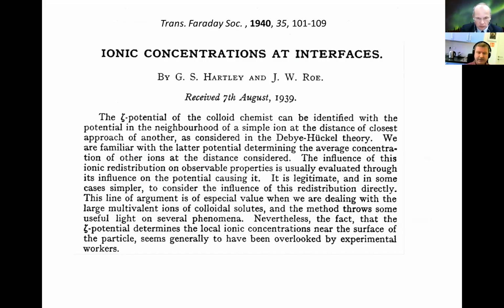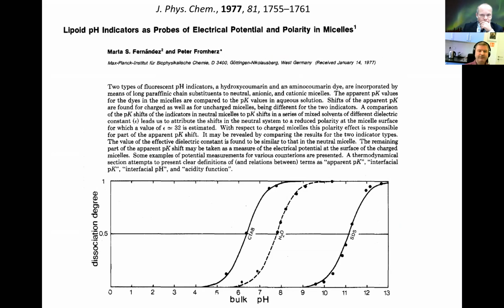It was already in 1940 that Hartley and Rowe pointed out that acido-basic indicators could be used for detecting the different local concentration of H+ ions close to charged interfaces of colloids. So it was the first time that this idea was published. And actually, many years later, in 1977, there was a paper in Journal of Physical Chemistry by Fernandez and Fromherz, who tried to use this using either aminocoumarine or hydroxycoumarine as an acido-basic indicator, and then they used it for